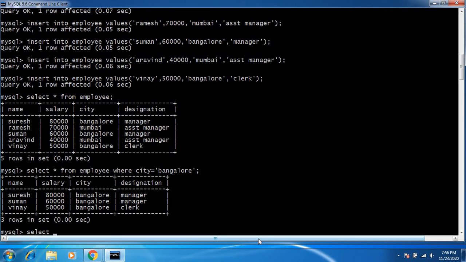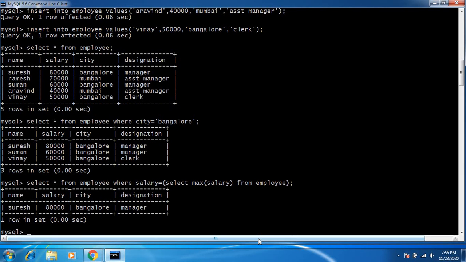Select now the name of the person, or you can say the details of the person, from employee where salary is equal to, inside again one more query you have to write, select max of salary from employee. So you get the row, the person who is drawing the highest salary is displayed.